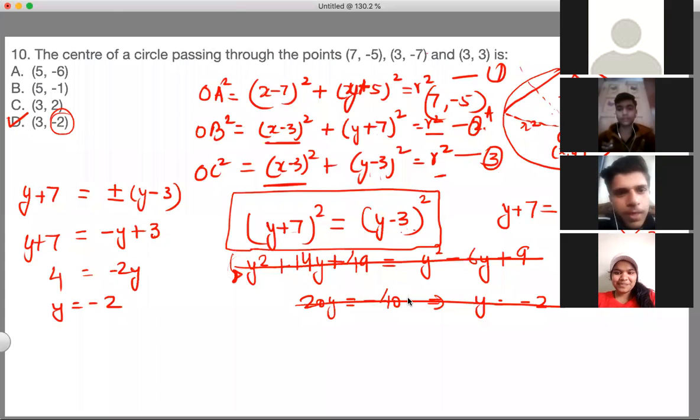Okay, understood? The other way is to directly put the values and check, okay, which will take a lot of time if you don't do it smartly, right? You have to quickly see that, you know, the distance between certain points is clearly very less, right? This point and this point is a very small distance, but this point and this point is a very long distance,